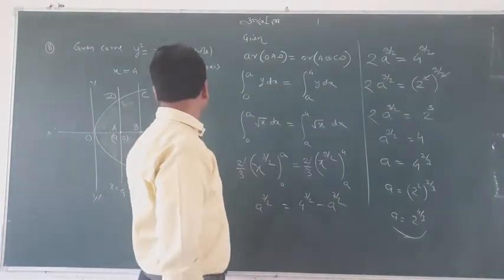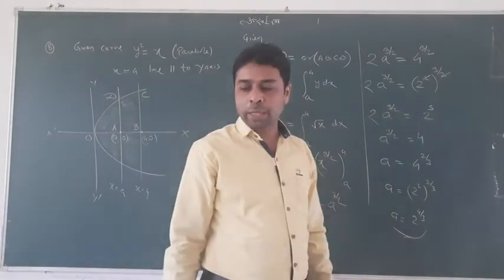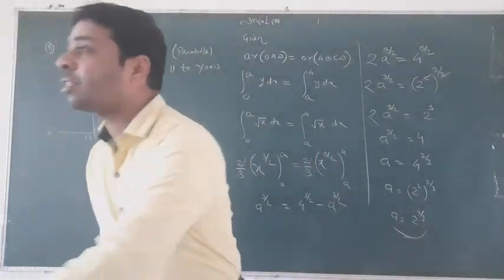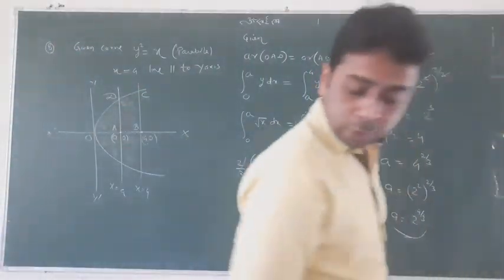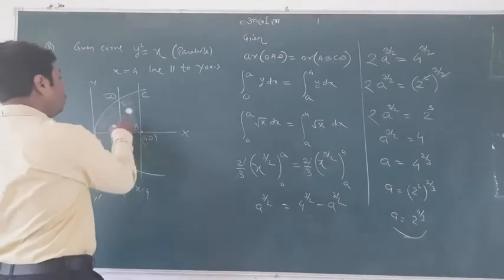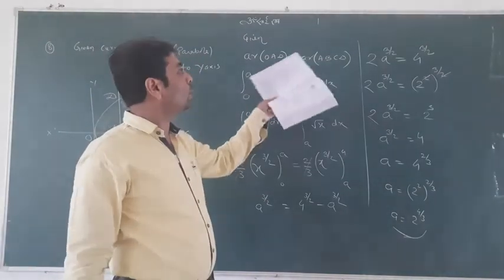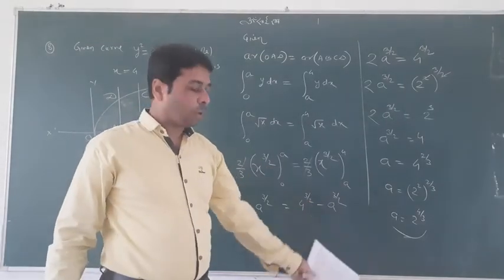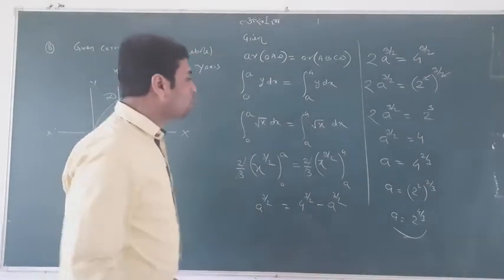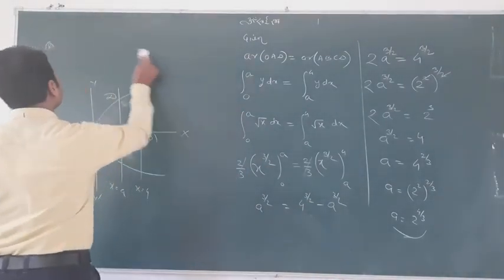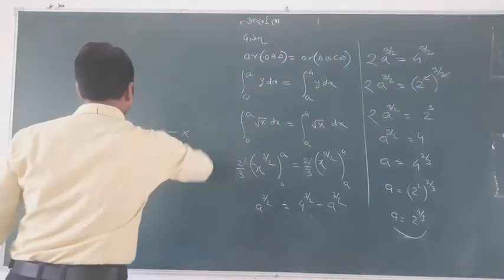So students, it is nothing hard. It was so easy to catch the concept, because it was told that this line divides the whole area into 2 equal parts. We took 2 equal parts, the areas were equal. We used the concept and found the value of A easily. So this was a simple thing. Now students, we will go on to the next question.